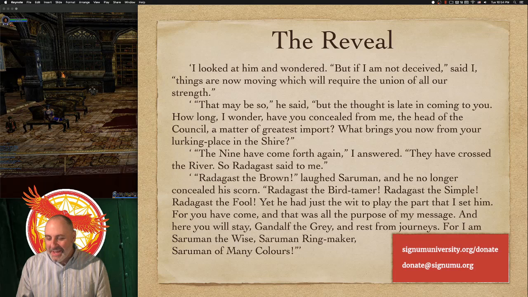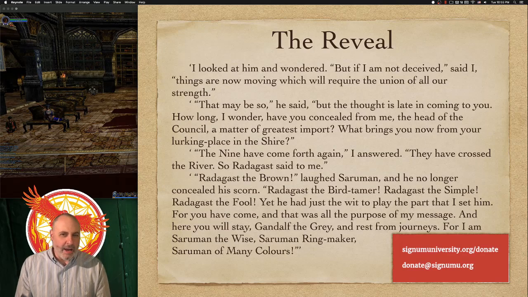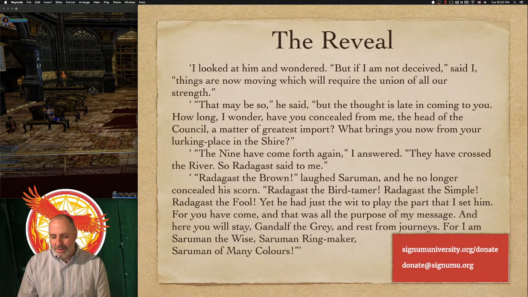I can't help but think it's a little bit ironic. It's kind of funny in context, right? If your lurking place is your hideout where you're plotting things that are no good, and where you have maybe fellow conspirators, right? Maybe there's a conspiracy that could be unmasked, which Saruman is trying to unmask. The Shire is about as murky as possible a place to lurk in that way. I find it a little bit funny, but anyway,